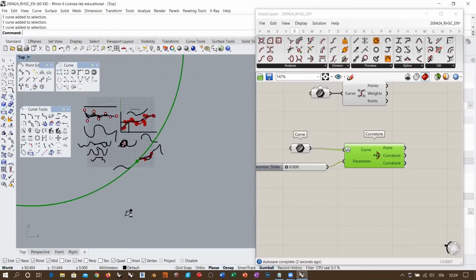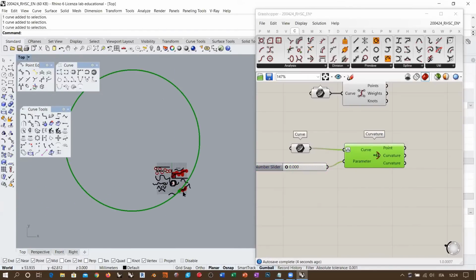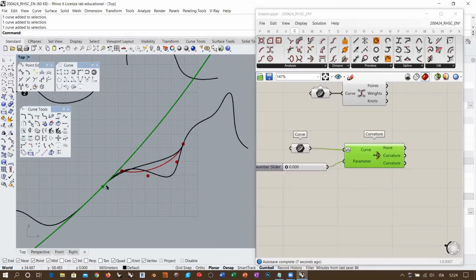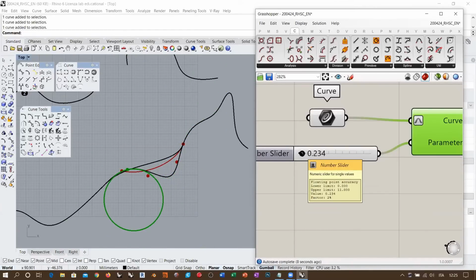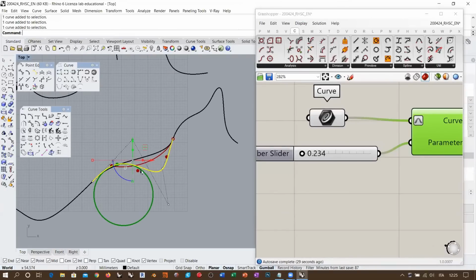So you see, this is the curvature circle, also called the osculating circle of the curve in the start point. And if I move this, being an organic shape, the real meaning of organic is simply that there is no single geometrical rule along the path of this line. There is a mathematical rule because there is one single equation, but the geometry is constantly evolving and changing. So there are no two adjacent points with the same curvature radius, for example. Okay, so in order to trace this line, for example, in the building site,